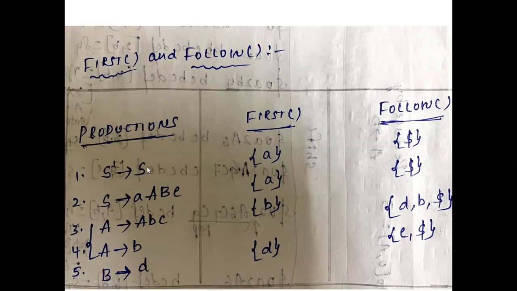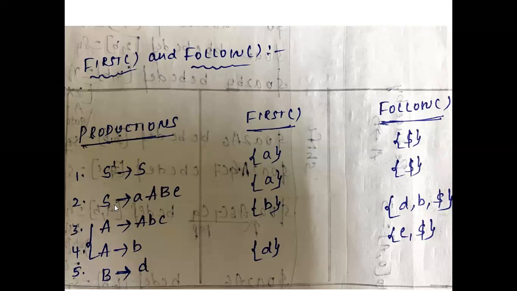If we have a non-terminal, then we need to determine the first function for that particular non-terminal. Now I'm going for the production of S, which is in the second rule: S tends to ABE, right? Up to now I didn't get the output of S dash in the first function. Here I need to determine it for S, and check whether S directly gives a terminal or not.